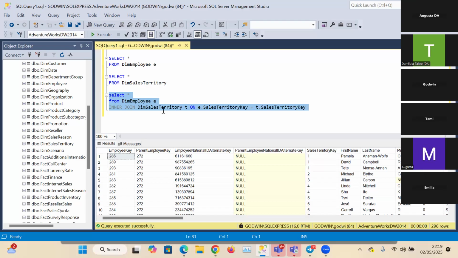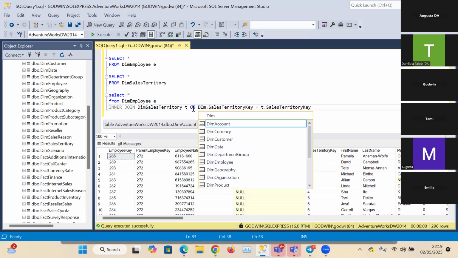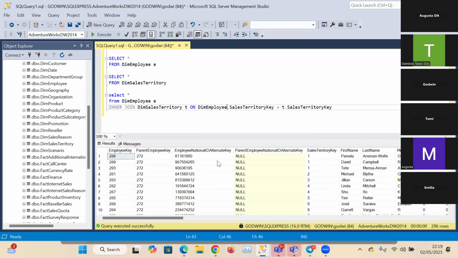Why is that the case? If I didn't put E here, when I get here, I would have to put the full name, dim employee. Do you get that? I would have to put dim employee dot sales territory